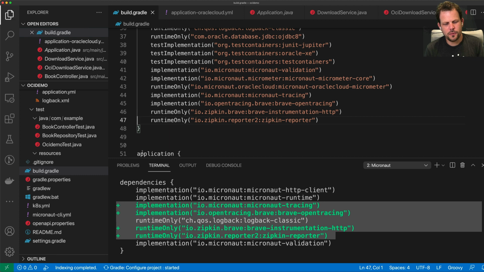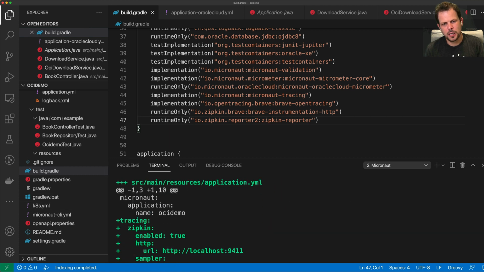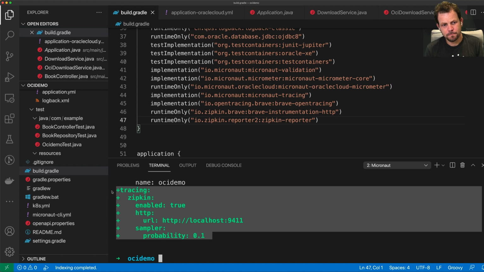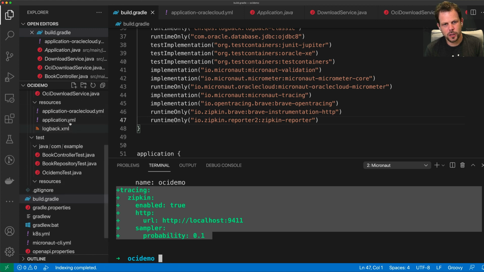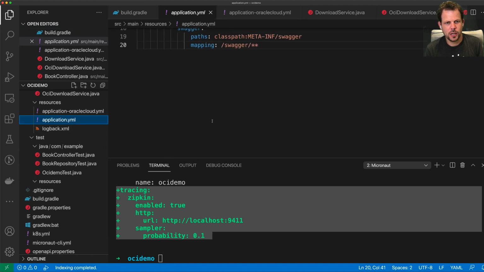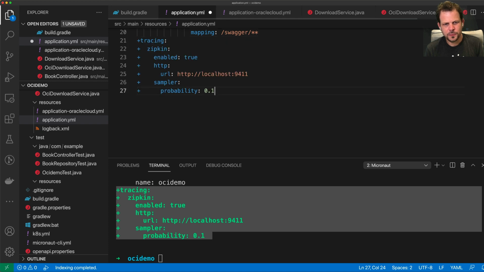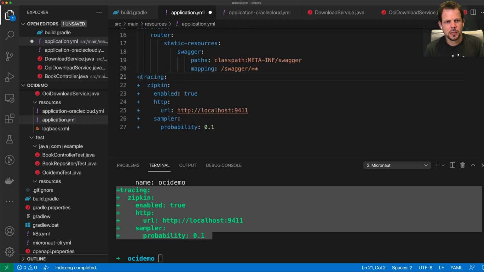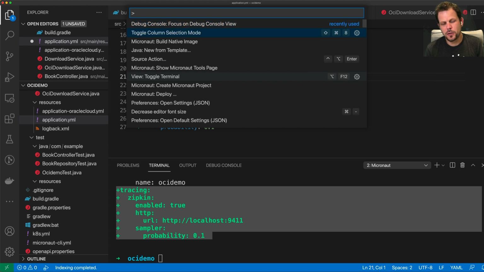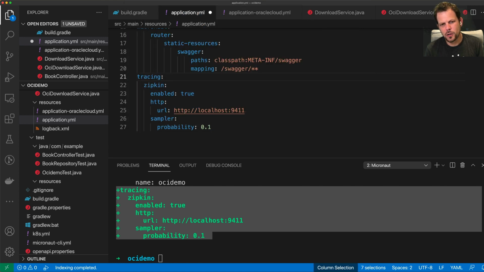And then the next thing is, if I wanted to send traces locally, I will need this Zipkin configuration to export traces to a locally running Zipkin instance. So this will allow me to export traces if I had Zipkin running locally on port 9411. And what I'm going to do is increase the probability so that all traces are sent to Zipkin instead of just a portion of them. Probably wouldn't want to do that in production, but for this demonstration, we want to make sure all the traces